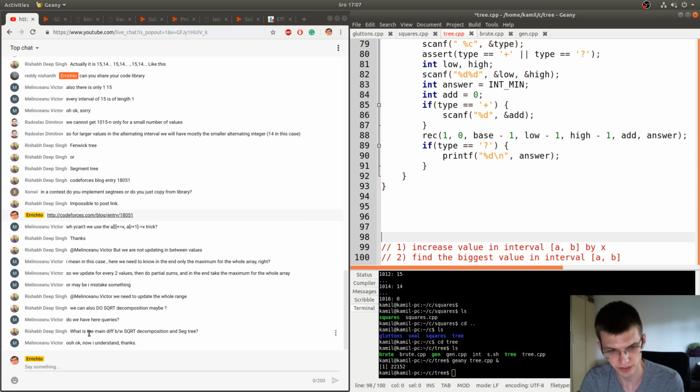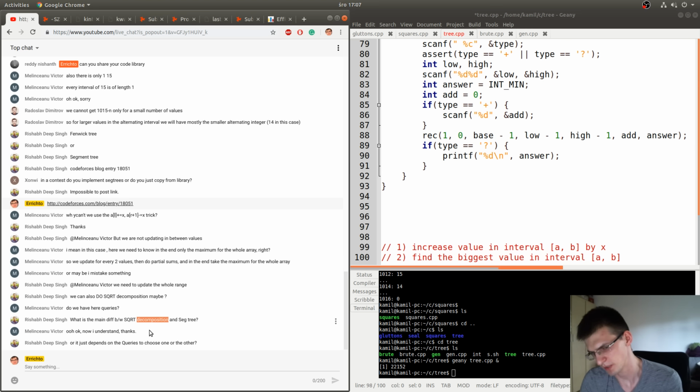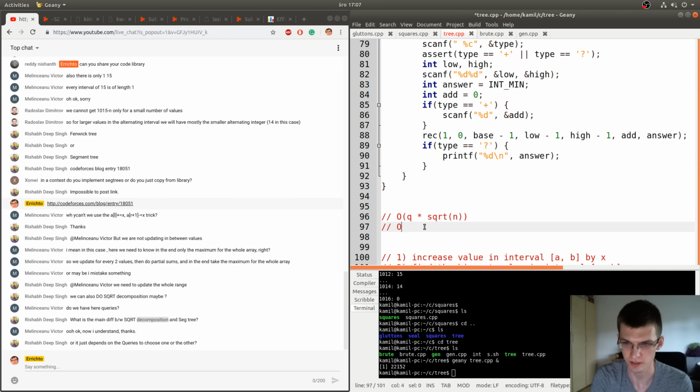What is the main difference between square root decomposition and segment tree? Square root decomposition is slightly easier. Sometimes square root decomposition is possible to do, while segment tree is not, or is extremely hard. But square root decomposition complexity is usually the number of queries, q, times square root of n, while trees have complexity q times log of n.